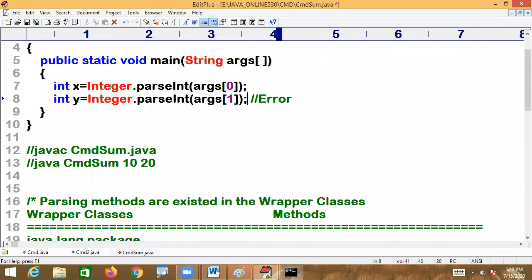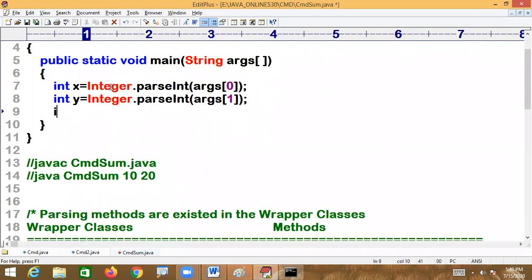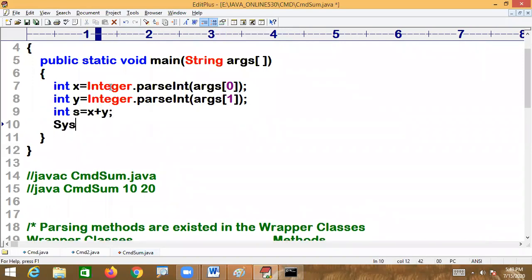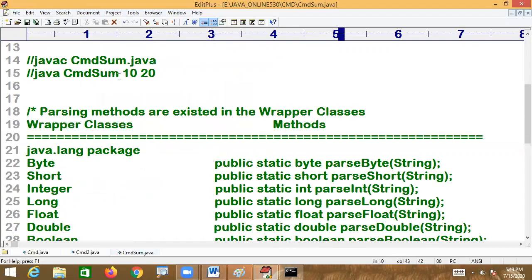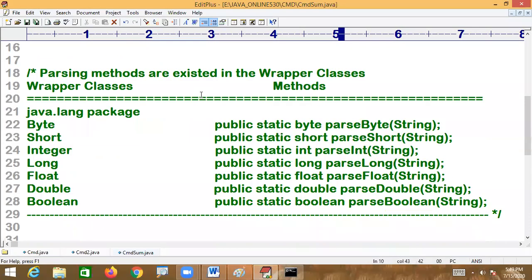When you do this, pause the video and you can observe it. So our integer sum is equal to x plus y. Then finally, I want to print that result. Sum is there in the variable. This is a very, very important point: you cannot convert the string type to primitive type using the typecasting mechanism.